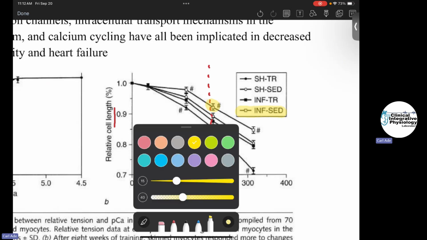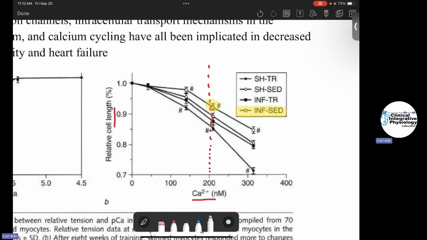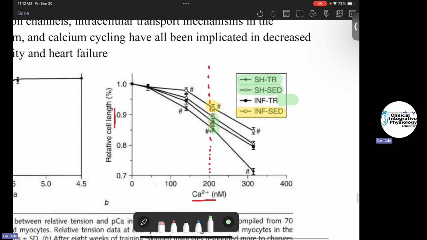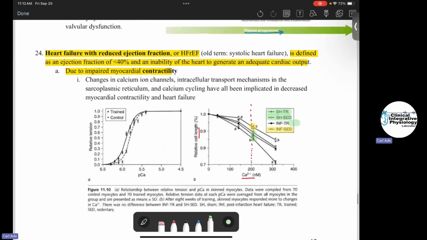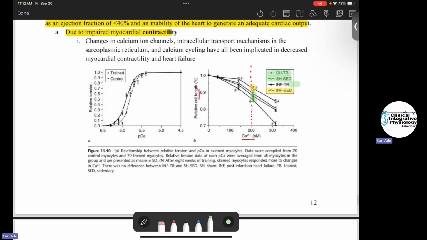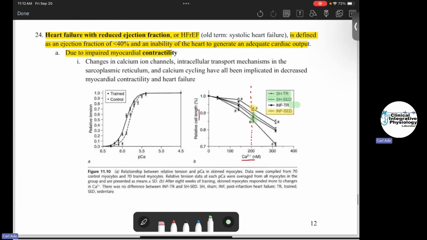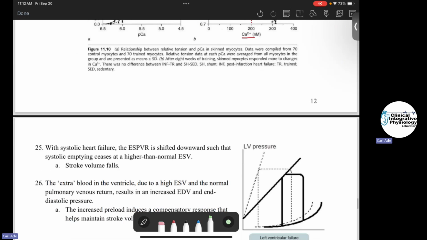Compare that to our sedentary sham, trained, meaning they haven't had heart problems, they're down here. And notice that if we train that individual that had a heart attack, we start to get a response back. So this is part of the evidence for why we would have someone go through cardiac rehab. So with HFrEF and poor contractility,